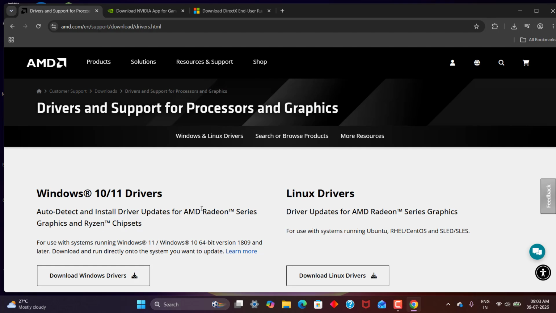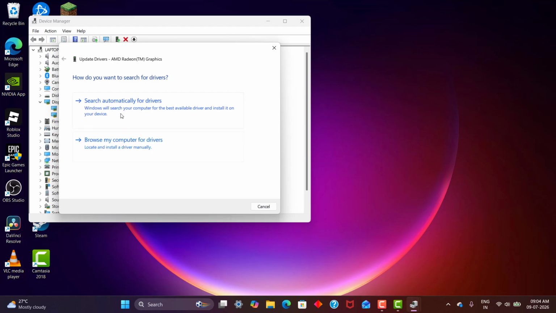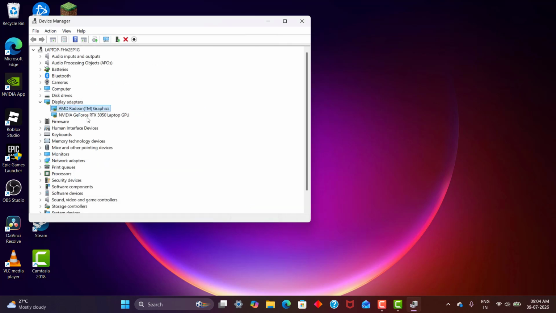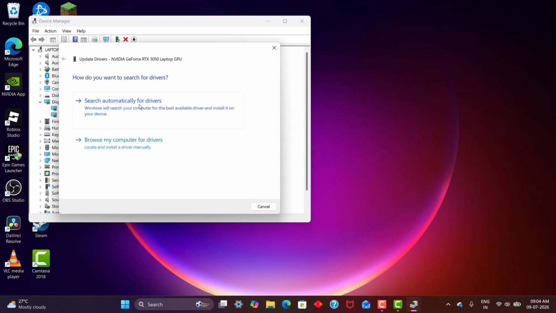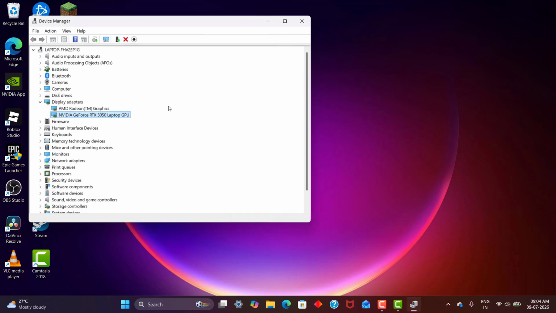This is one method. And the next method, you need to right click and click update drivers, search automatically for drivers, click it and update it. These are the two methods to update the drivers. Once complete, close it and come to next step,